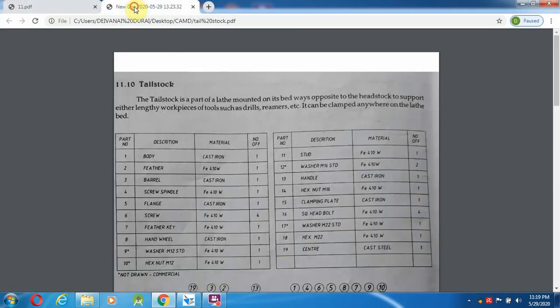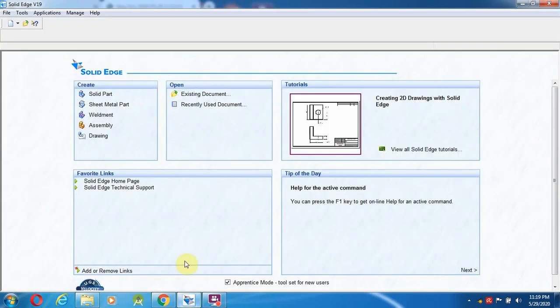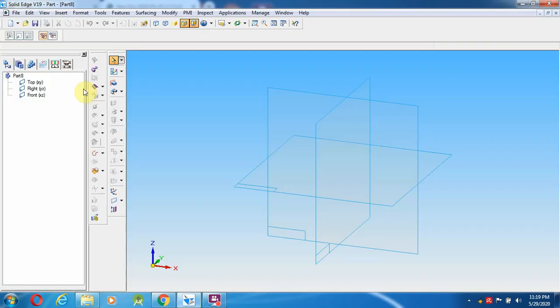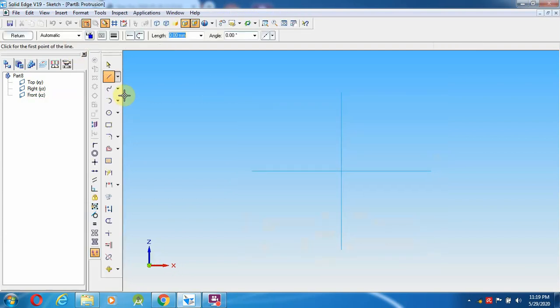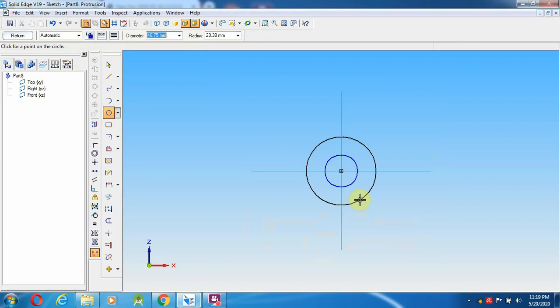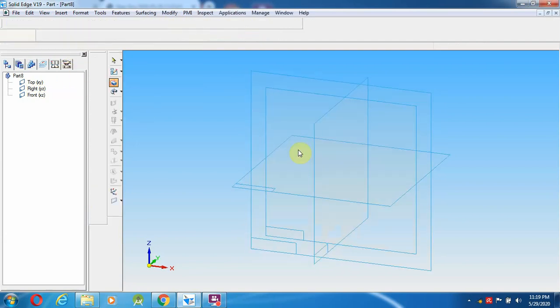Go over here, 22 washer. First I will create it, solid part, select a protrusion and front plane, 22 mm first, and select a circle again 22 into 2, so 44, return.